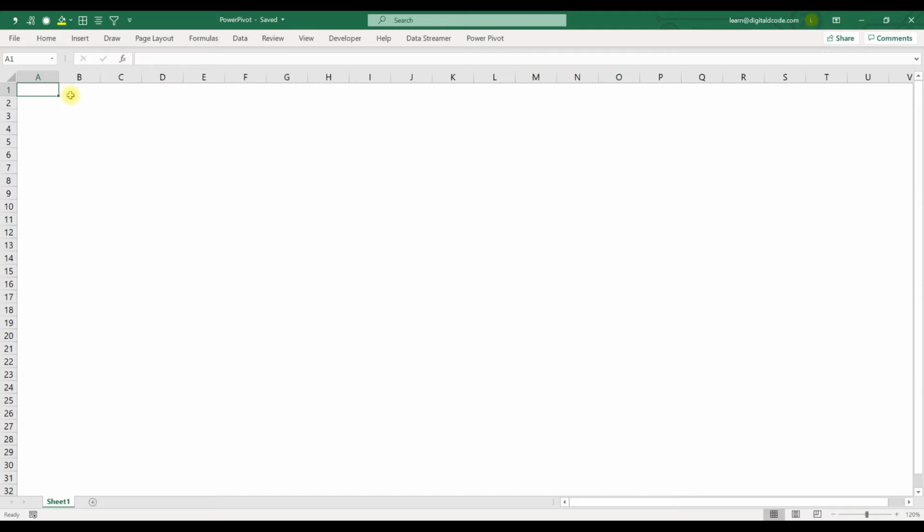Also, using Power Pivot, we can pull data from multiple files and folders, and we don't need to have the data in the active Excel workbook. To make a pivot table, you need to have the data in the active workbook, but for Power Pivot, you can have data in your local path. From there you can directly pull the information and make your own pivot table.